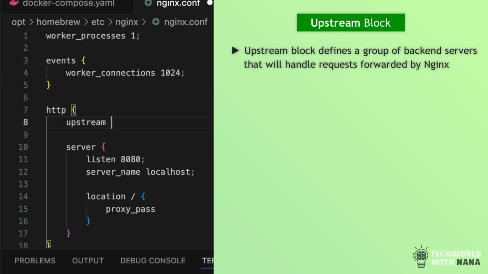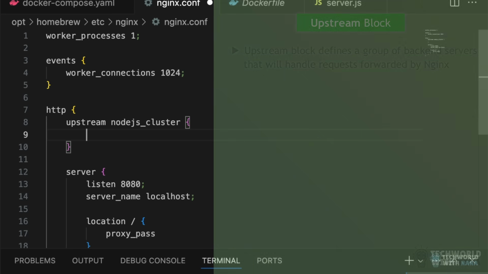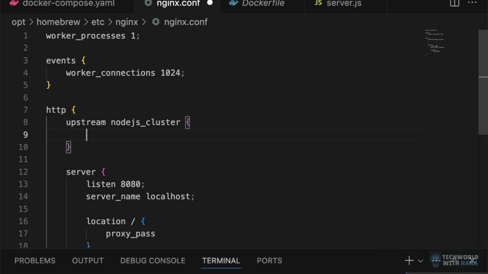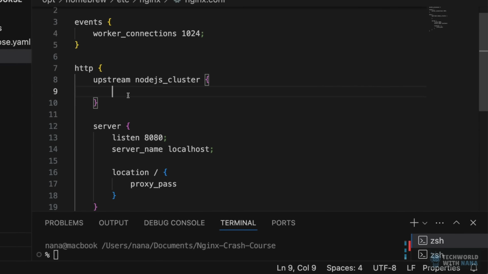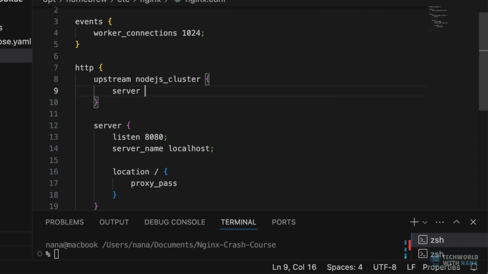And we're gonna give that upstream some kind of name. And let's actually call this Node.js cluster. And this is a very simple configuration. We're gonna basically list all the backends or all the servers that Nginx should forward to or use as upstream. So we're gonna have server,